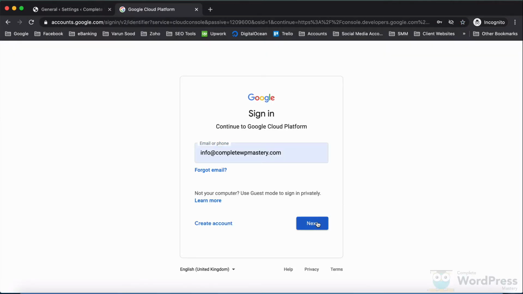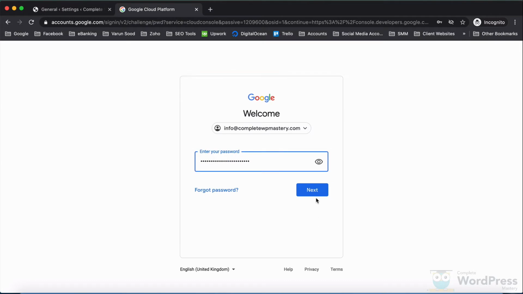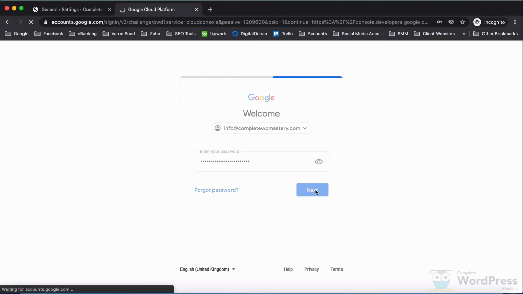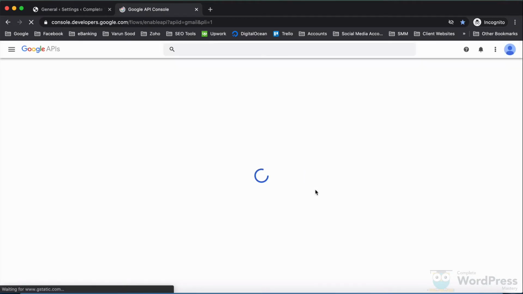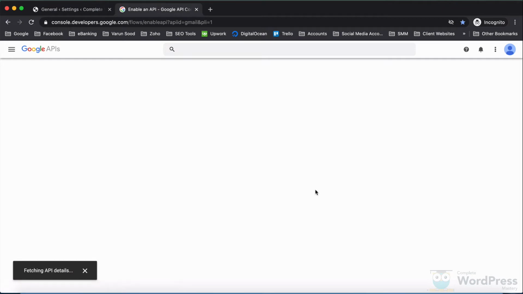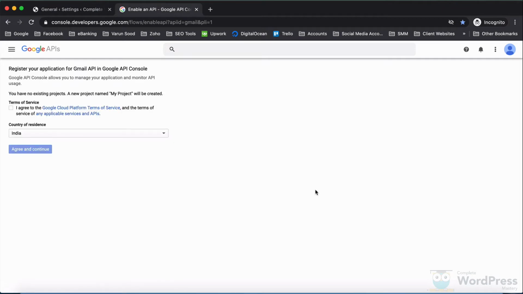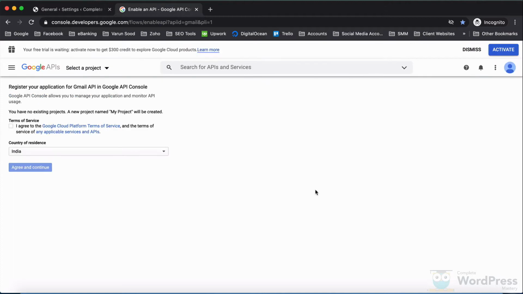Enter the credentials of the account that you want to send emails from. The first step is to agree to Google's terms of service and select your country of residence. Then click Agree and Continue.